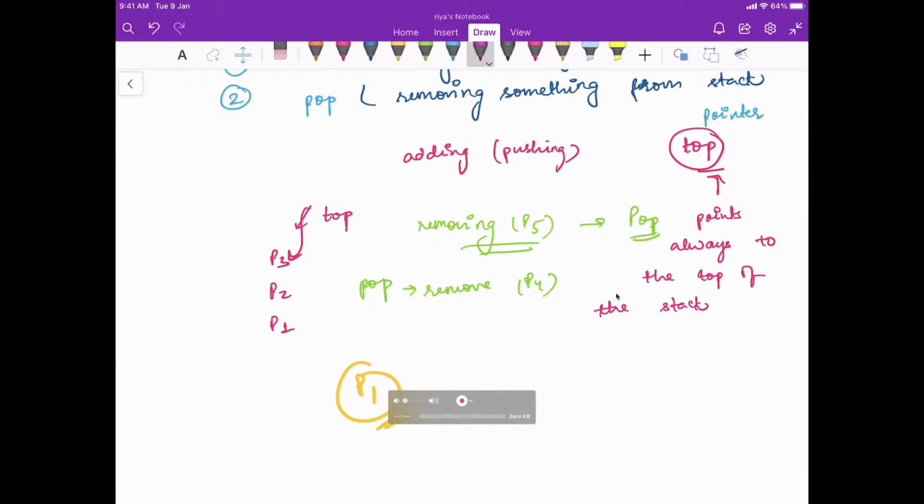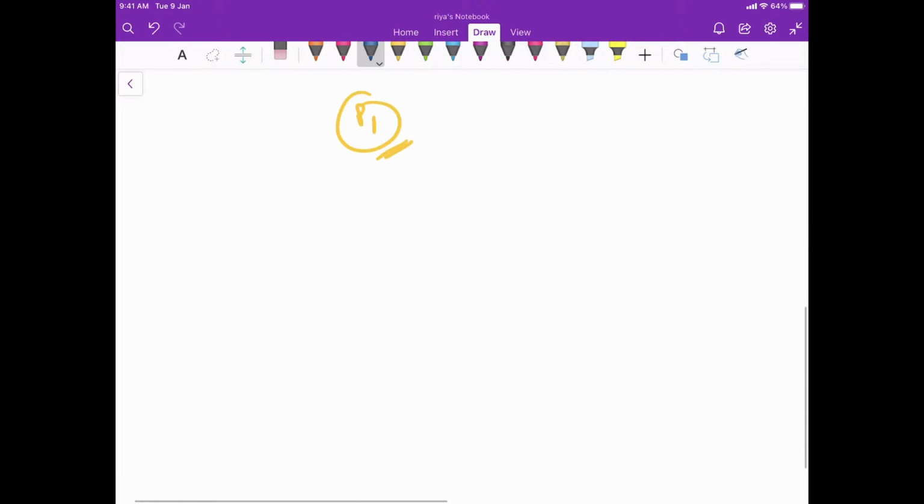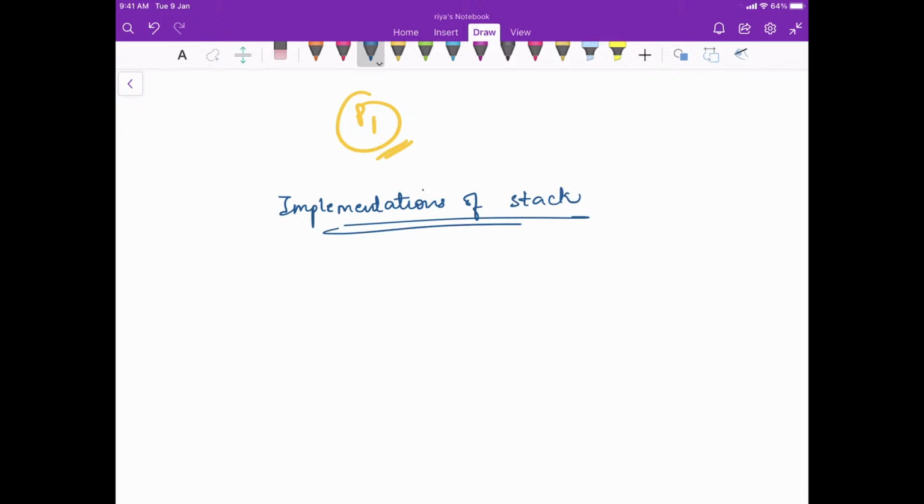Now there are some other few things also that we need to know about stack. Let's also take a look here at what the implementations of stack will be. How can we actually implement stack at this point? Now let's say the first way of doing this is an array. If I am using an array, what I am saying is that you use an array here.